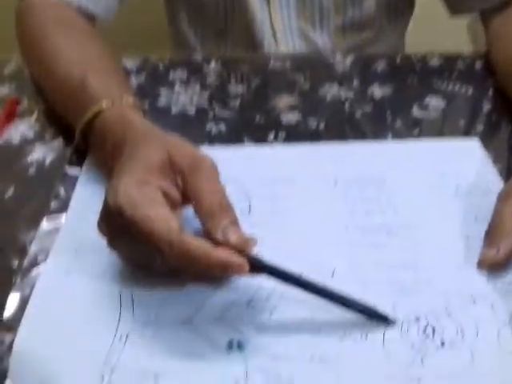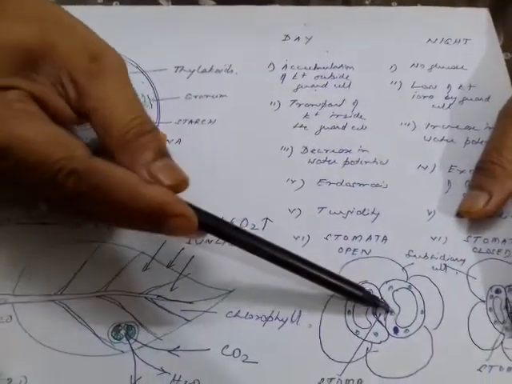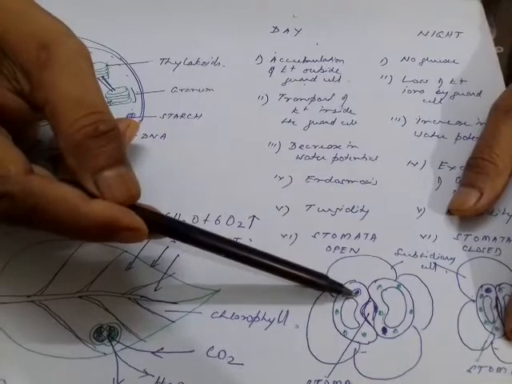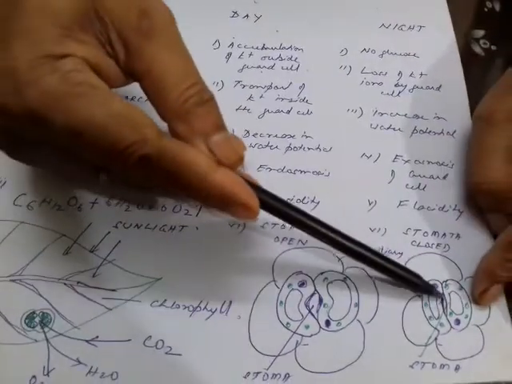Children, for 10th standard we are going to continue with the chapter on photosynthesis. In the last class I was discussing the opening and closing of the stomata, and we could not finish because of the time limitation. Now the guard cell usually opens during the daytime, and the stomata opens because there is a bulging of the guard cell due to endoosmosis, and in the night the stomata closes.